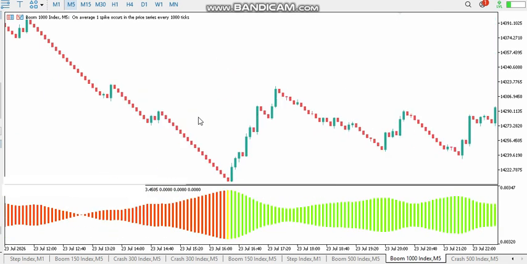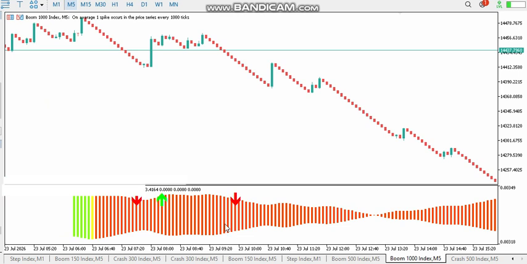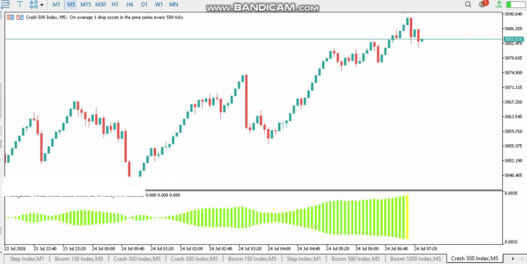And when we look at the back, we can see that we have another opportunity for a downtrend here. This is the first opportunity on red histograph, and we have the second opportunity on red histograph. You can see that it goes aligned until we have our green histograph. This will be our closing entry level. So this is how the indicator works, and it also works on